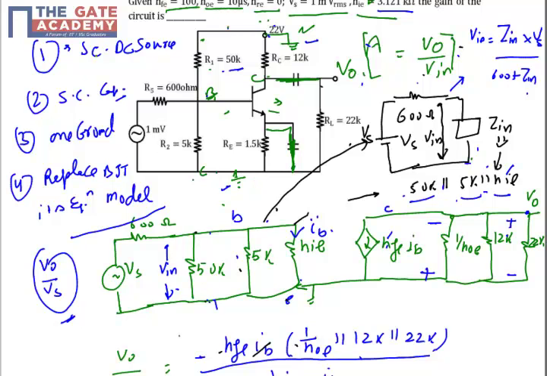But these 4 steps are going to remain constant for the entire AC analysis. Every time you will short circuit the DC source, short circuit the capacitors, make sure that the circuit only has one ground, and replace the BJT with its equivalent model. And then you will do the calculation. The rest is just network theory: KCL, KVL, current divider, voltage divider. The rest is just calculation, but these are the steps which will remain constant.